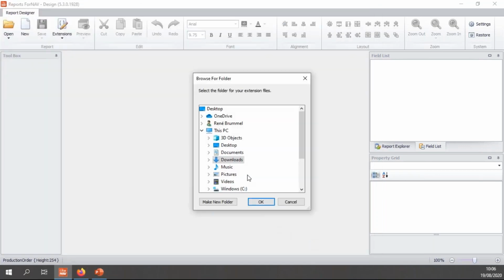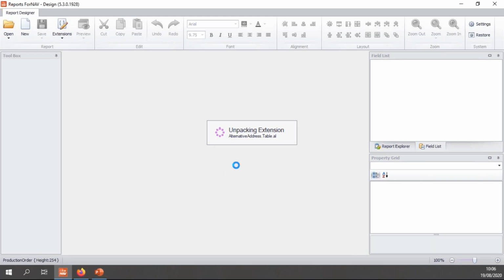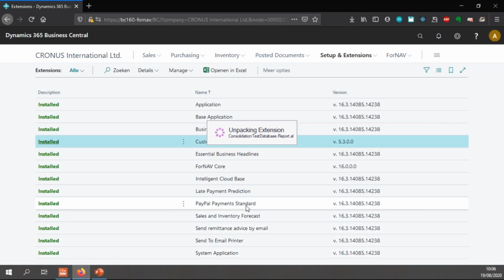So let's open the base app, make a new folder. This is going to take a long time because the base app is actually still a very, very big extension, even though Microsoft are trying to break it up. So this will take a little while. So whilst that is unpacking,